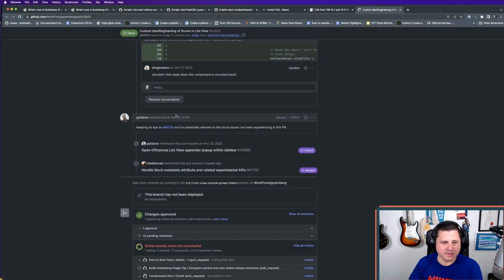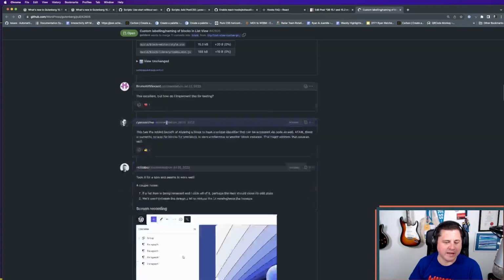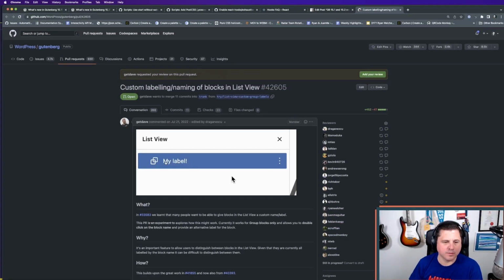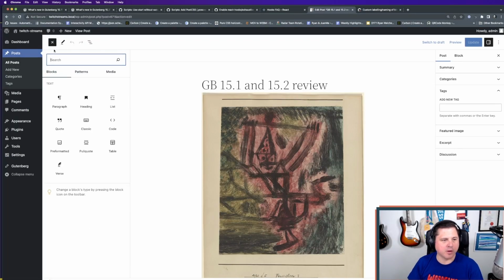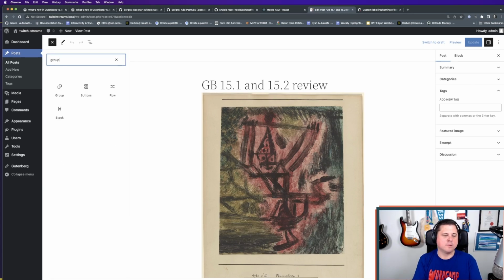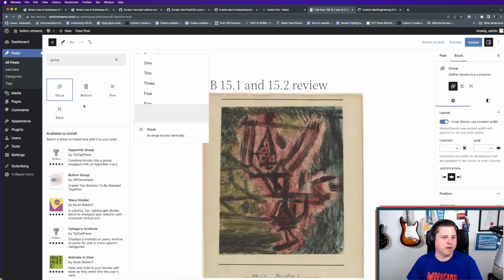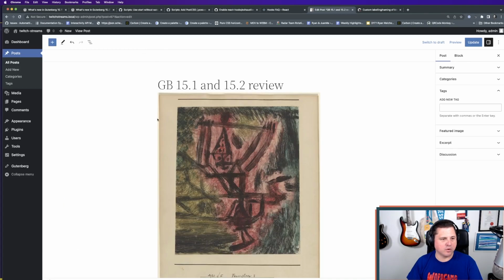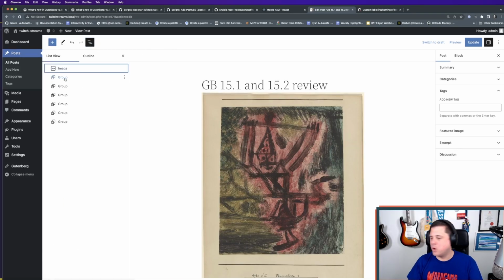What this does is it allows you to rename things. So like if I put a group block in here, right, and I just insert a whole bunch of group blocks, like no idea what any of these things represent, right? And so it's very